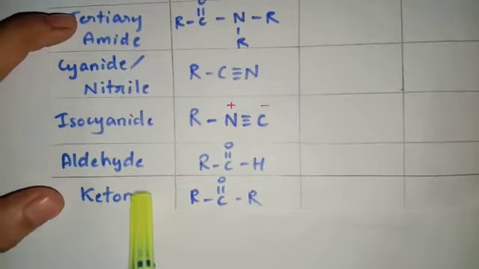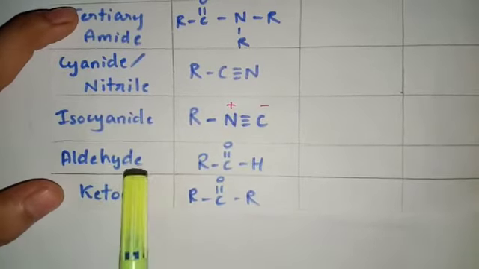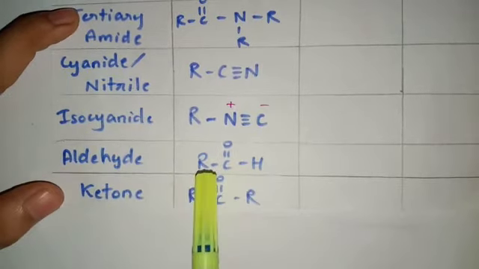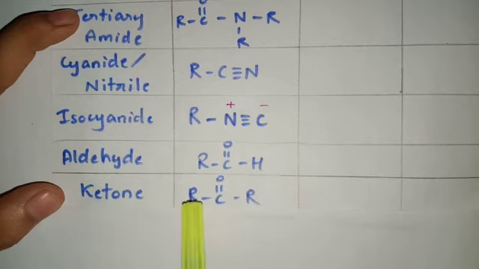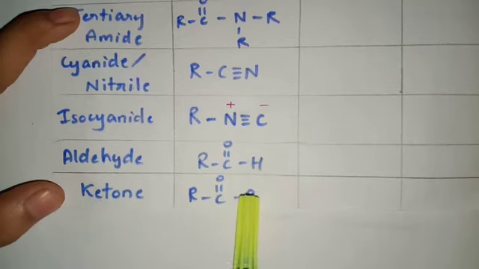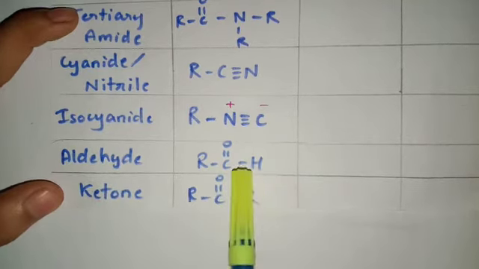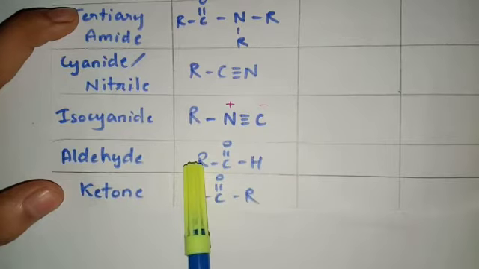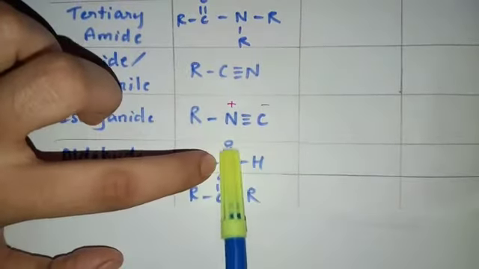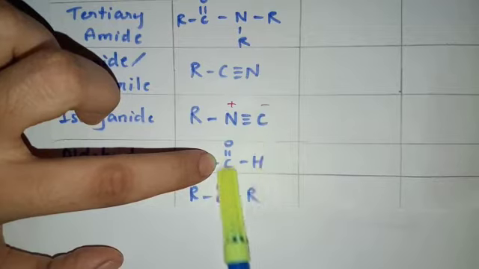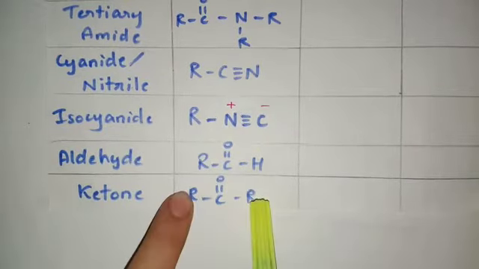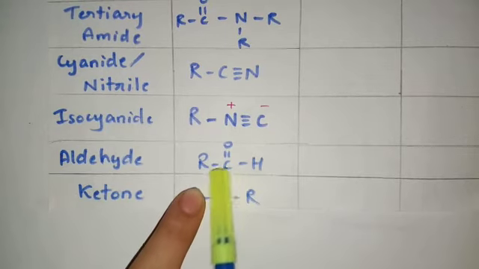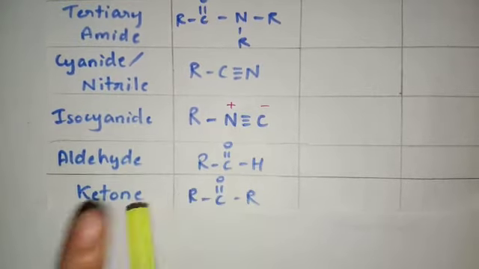Students, the next two functional groups are aldehydes and ketones. The general formula for aldehyde is RC double bond OH, and the general formula for ketone is RC double bond OR. They are kind of similar, but if you carefully observe, in aldehyde there is only one alkyl group. So this C double bond OH part is the aldehydic functional group, whereas in ketone there are alkyl groups on both sides. So this C double bond O part is the functional group for ketone.